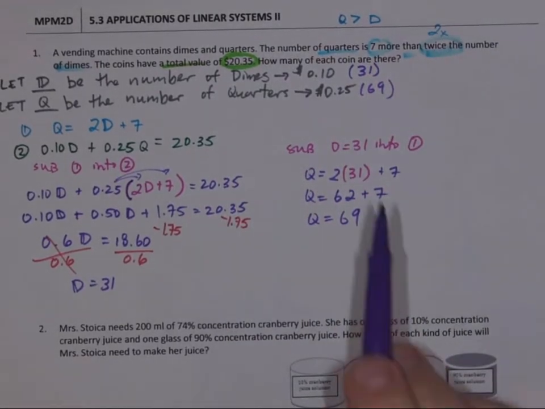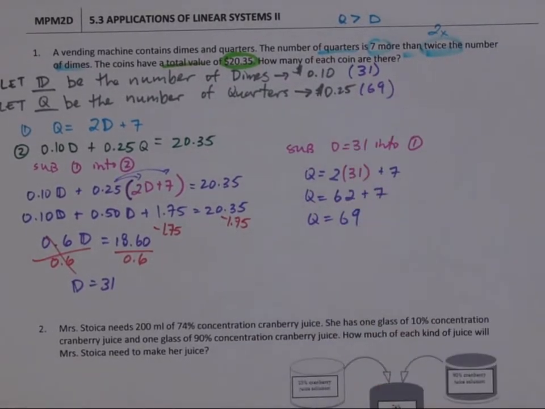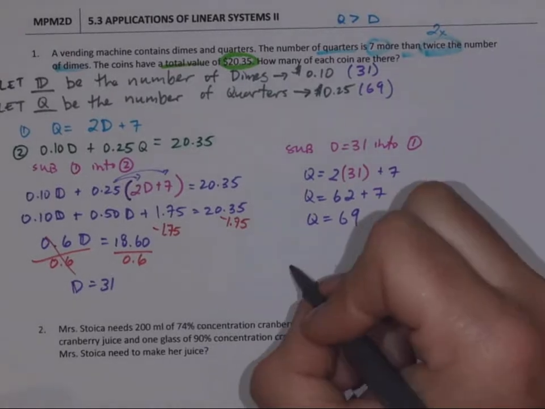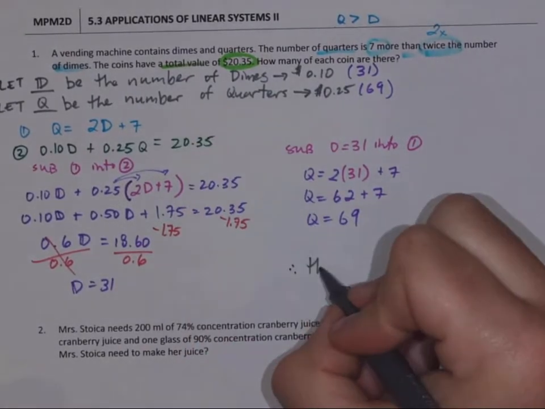We think about how many we have. There's our solution. The machine, therefore,